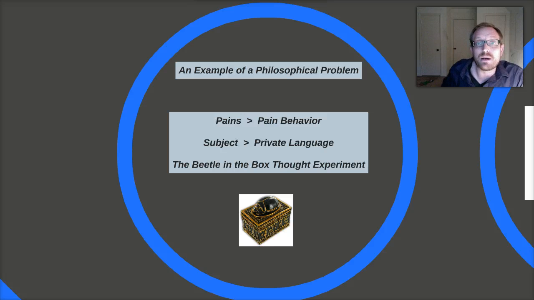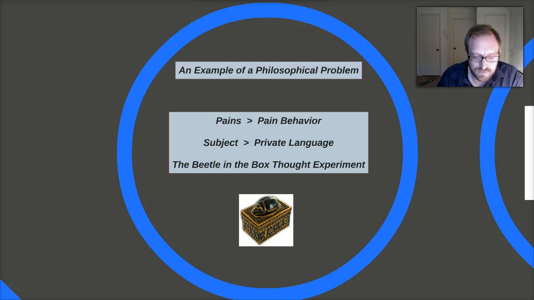So for instance, think about pains and pain behavior. When someone's in pain, they scream, or someone grabs their throat and pretends they're choking. You're going to think that they're in real pain until they say they're not, and then you're going to think, oh, you were just an actor or something like this. So the only way it looks like we know that people are in pain is by their pain behavior. In a similar sense, is it the case that we only know what people mean by looking at their word behavior, if you will?